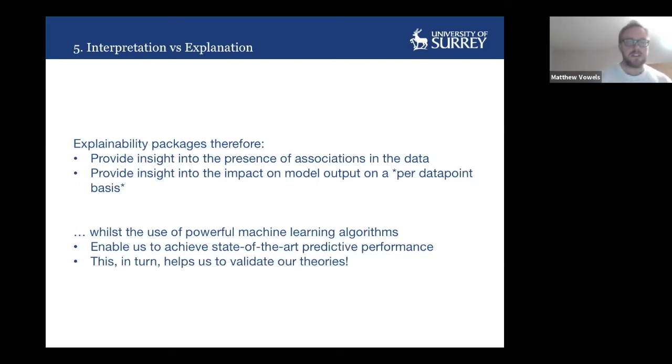And while they're powerful, we're also obviously going to combine them with powerful machine learning algorithms, which in turn help us to achieve state-of-the-art predictive performance. So now these models may also be of some utility. We can actually predict maybe what a good treatment would be for an individual, or what they're going to do in the future, which has lots of clinical applications. And finally, it helps us validate our theories, because again, we can say, oh, this variable is not remotely predictive, but my theory said it would be.